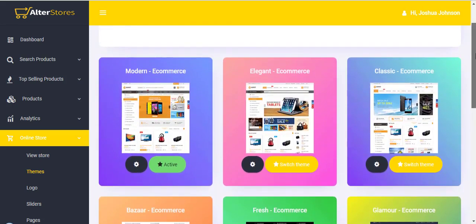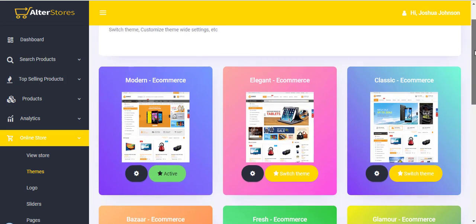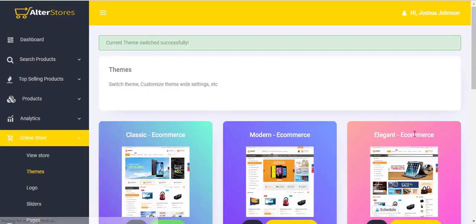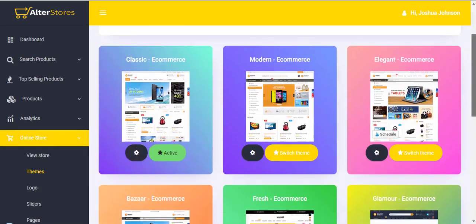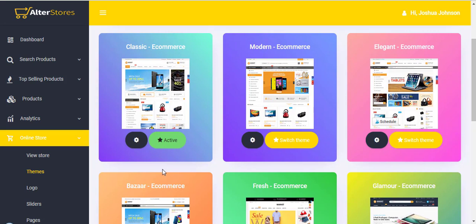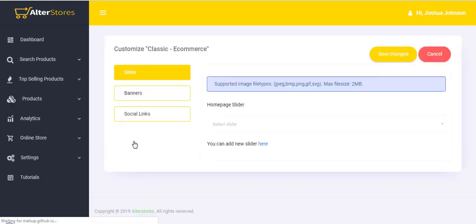Okay, let's say we are to work with what we have here. Let's go with classic and see how classic looks for us. So coming down to classic, all you need to do is hit switch theme, and that theme becomes your current theme which you use. And if you want to customize something further from this theme, once it becomes your active theme, you could see the gear icon here. All you need to do is click on the gear icon, and it takes you right down